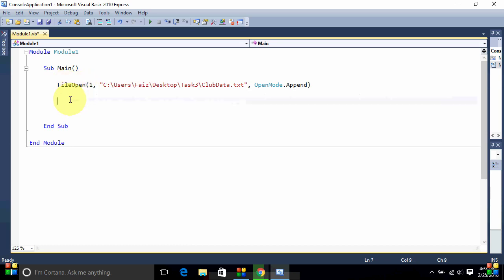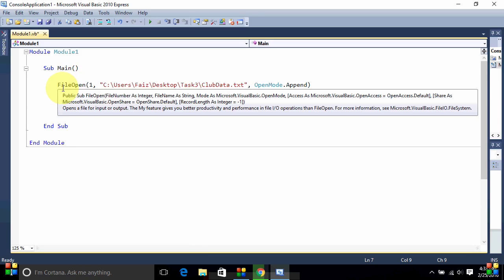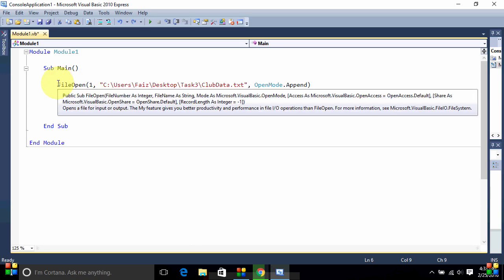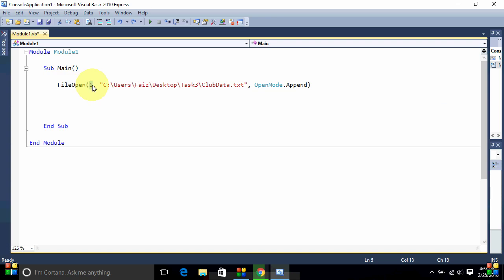File open, I opened a file. In Visual Basic, it is not necessary for there to be a file to open it. If there is no file, Visual Basic will create a file. If there is already a file, it will open that file. So if I say file open and then I say an integer value 1, so I say file open 1. This is my first file, and then I put a comma, and then I say,